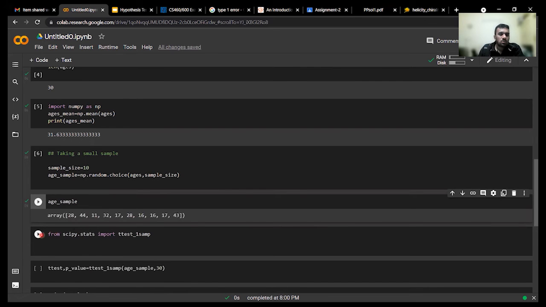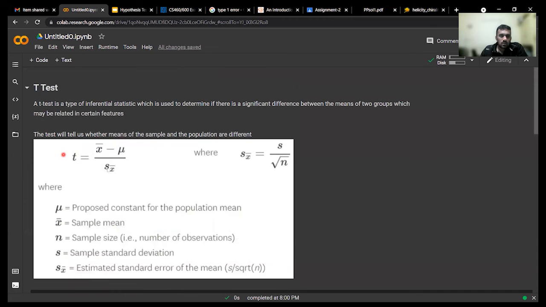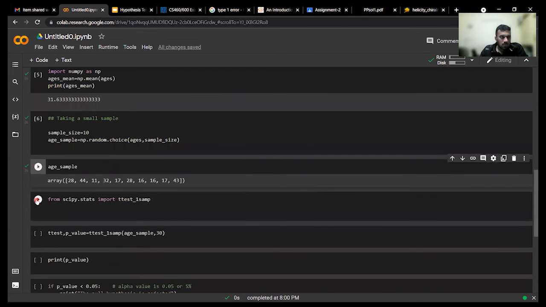Now we are going to actually perform the t-test. I have just imported it from the SciPy library. There are also variations within the t-test, such as one sample and two sample, but we will not go that deep into that. This is where we are calling the t-test function. Basically, we are instructing the machine to calculate this. Let's see if that runs.